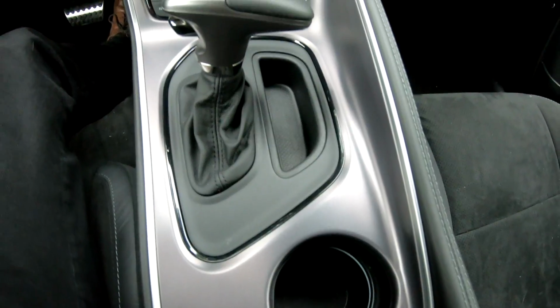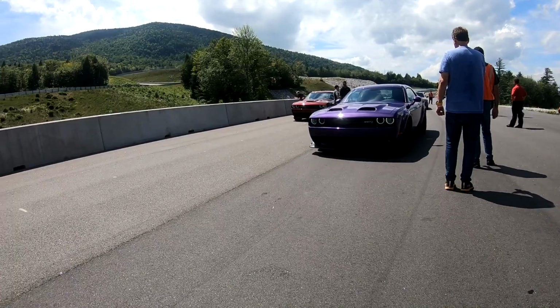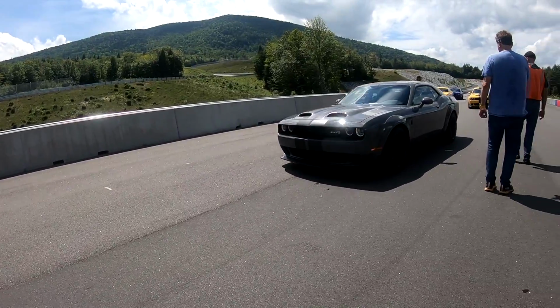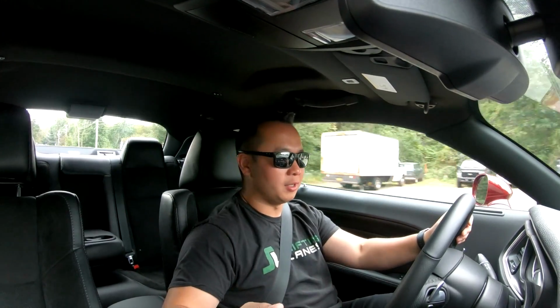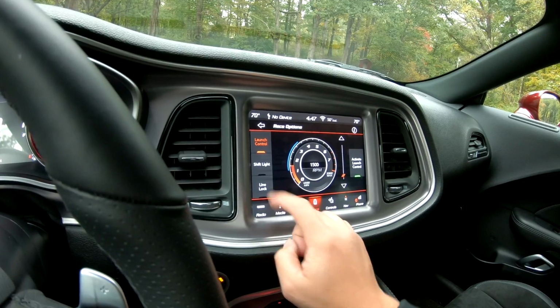car is the transmission. This comes with an 8-speed TorqueFlite unit from ZF. These are the same transmissions that you find in the Hellcat and the Hellcat Red Eye, same platform at least, and you also find these in a lot of other FCA cars, as well as BMWs and Audis and Maseratis and Rolls Royces. These transmissions shift so fast. They don't shift as fast as a dual clutch transmission or a Porsche PDK, but it shifts faster than your traditional automatics, to the point where if you use launch control, you're going to have much better times than just rolling